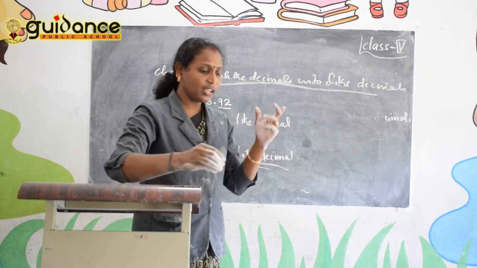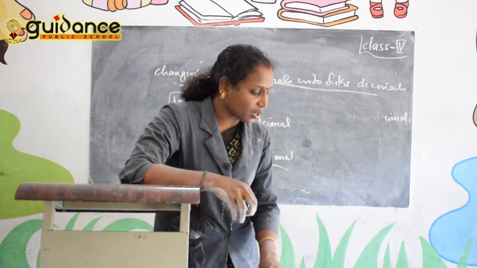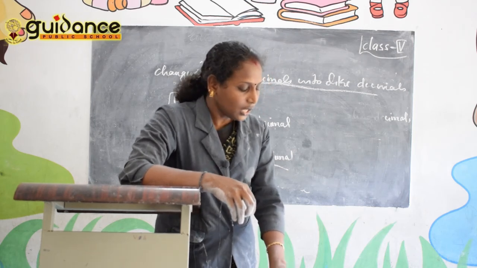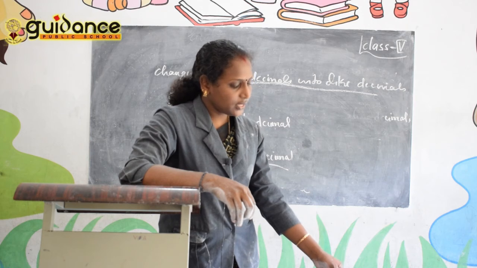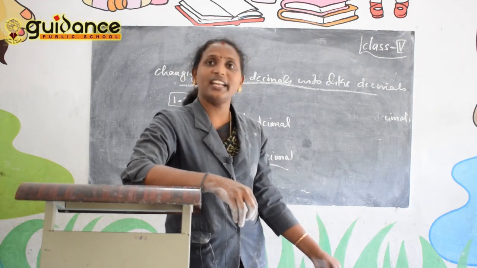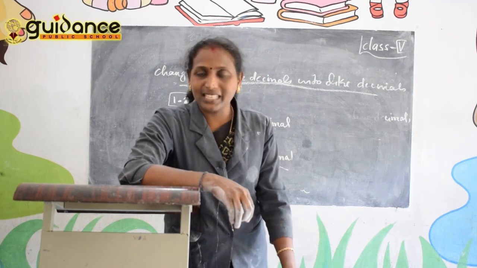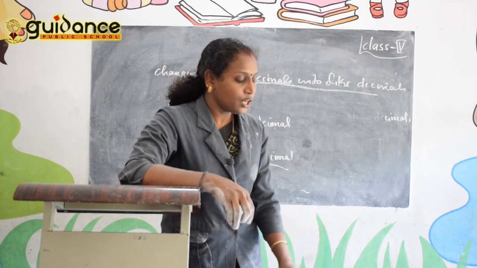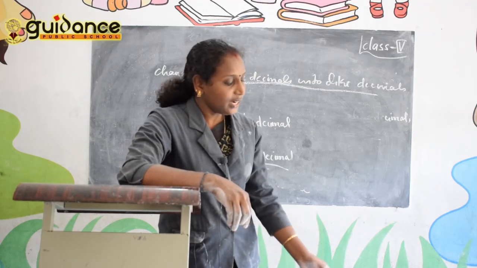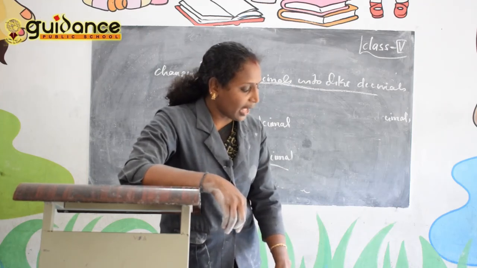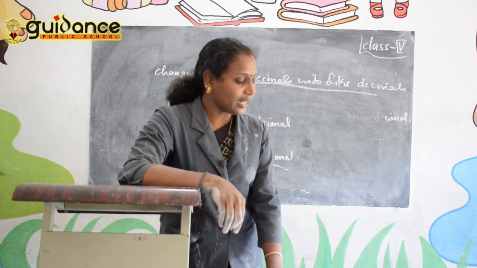So this is the way. Exercise 1.3, one true or false is there. All of you fill in exercise 1.3a. Okay, this is today's portion. We studied the decimal number and the place value chart of the decimal number, converting fractions into decimals, writing decimals as fractions, and like and unlike decimals. Are all of you clear on this?